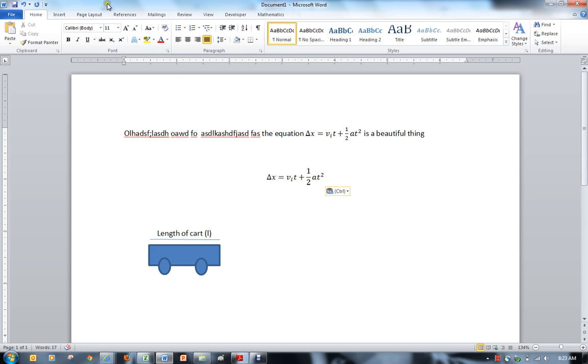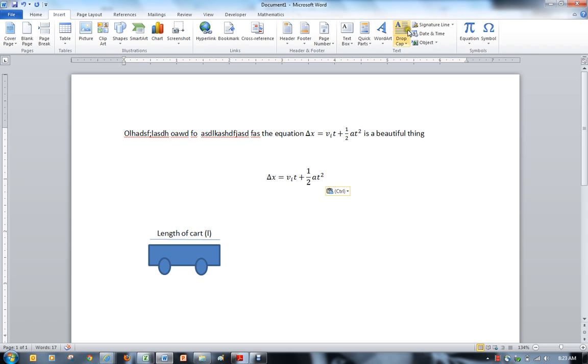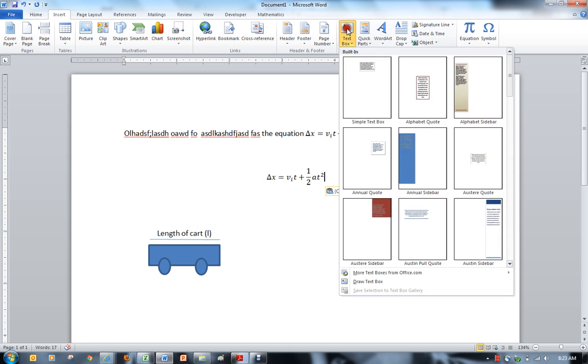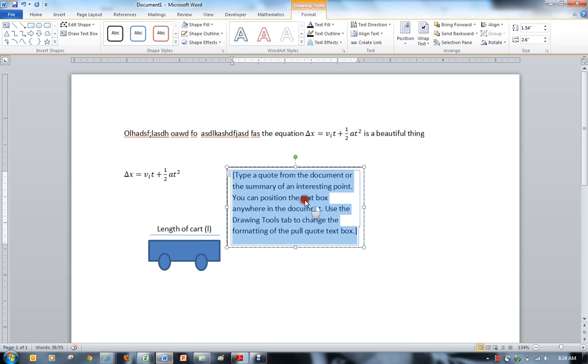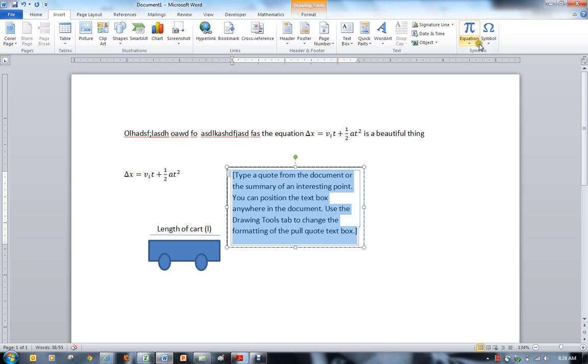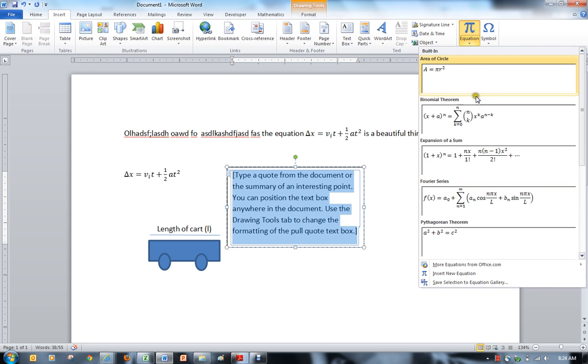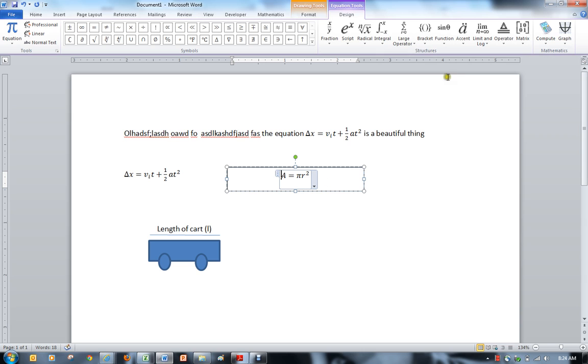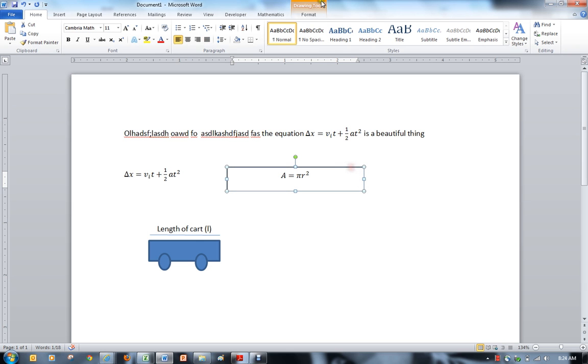You can even insert it into a text box itself, which I often do. So I'm going to insert a text box, and then I do my equation in here. Okay, so I'm going to insert another quick equation. Insert equation. If you hit the drop down, it just has a bunch of common equations, like the area of a circle, circumference of a circle, or I guess it's area of a circle. Right, and you can, from the text box,